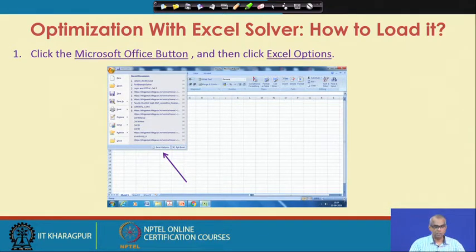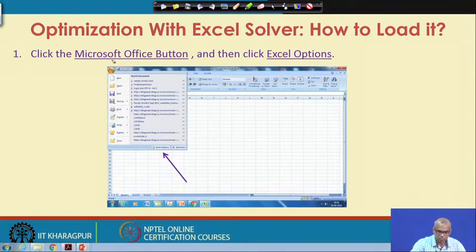Now, let us see if the solver is not loaded and you need to load it. So, click the Microsoft Office button and click Excel option.